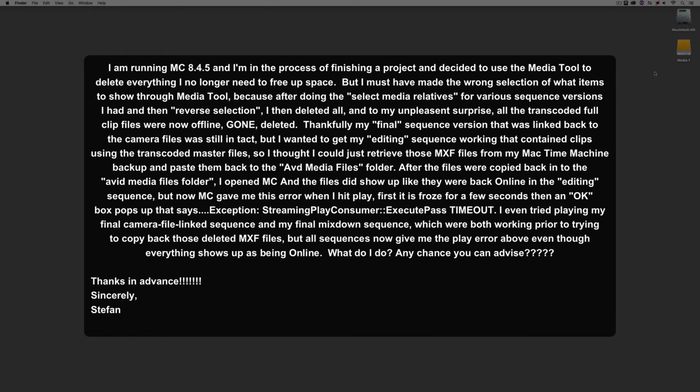Thankfully, my final sequence version that was linked back to the camera files was still intact, but I wanted to get my editing sequence working that contained clips using the transcoded master files, so I thought I would just retrieve those MXF files from my Mac Time Machine backup and paste them back into the Avid Media Files folder. After the files were copied back into the Avid Media Files folder, I opened Media Composer and the files did